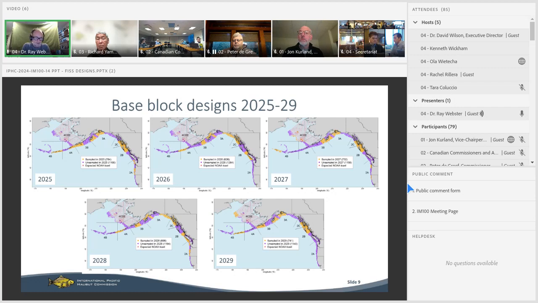Recall that we have 1,890 stations in our FIS grid. The stations that will be fished each year are shown in orange, and in the order of somewhere between 600 and 800 stations in this design would be fished each year. So less than half of the stations will be fished each year, but aggregating 3 to 5 years, the vast majority of stations would be fished over that period, including all stations within the core of the stock over a 3-year period.